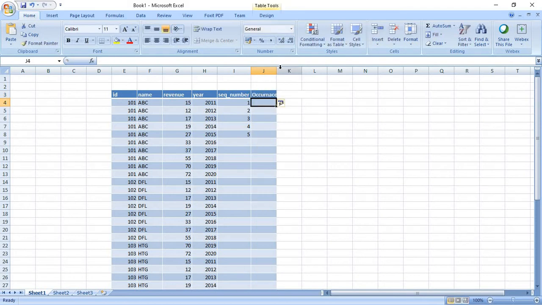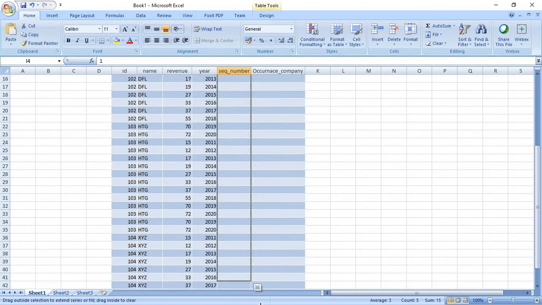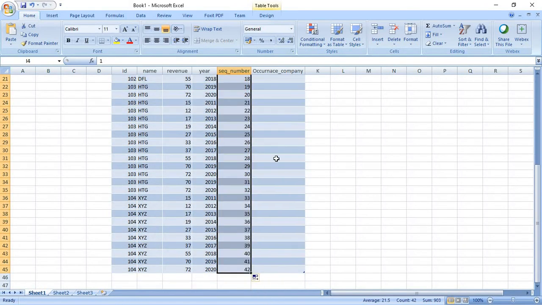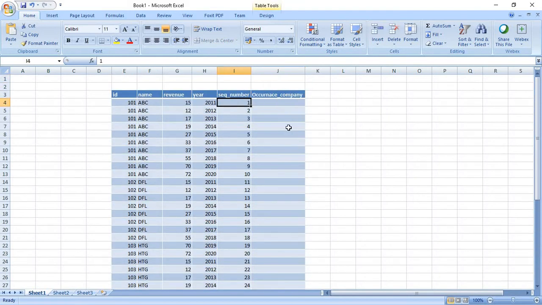Another problem statement is that we wanted to evaluate the occurrence of a company. So this is the sequence number, our first problem statement, and another is the occurrence of a company. We wanted to see how many times company ABC occurs in this table.